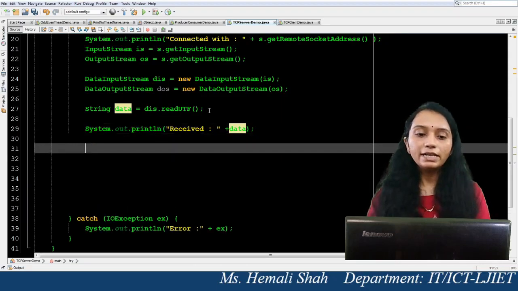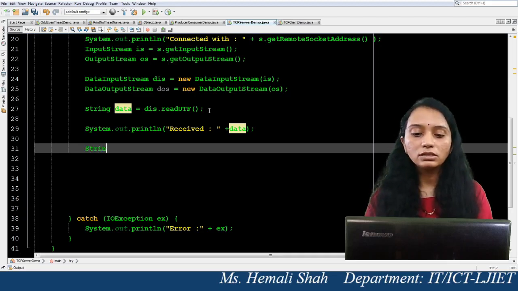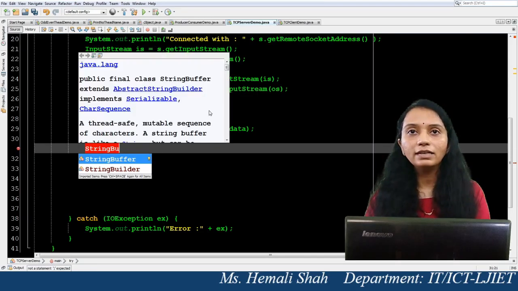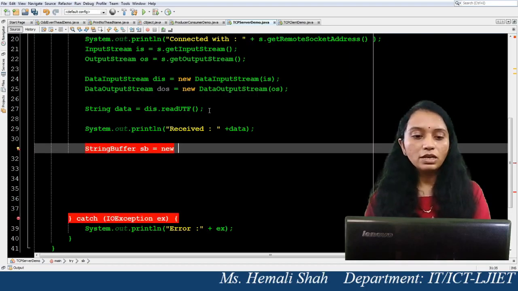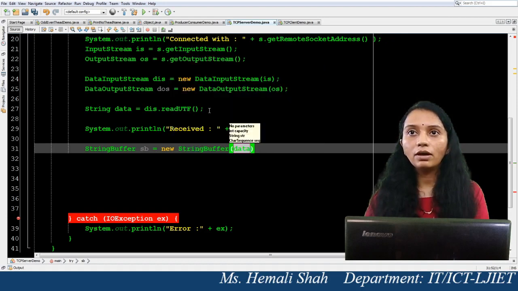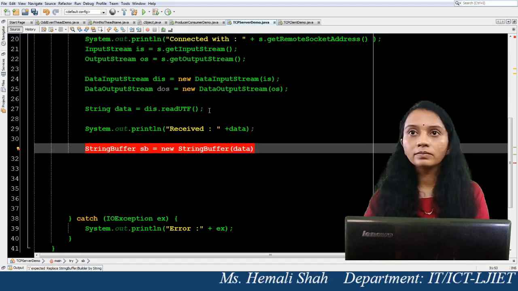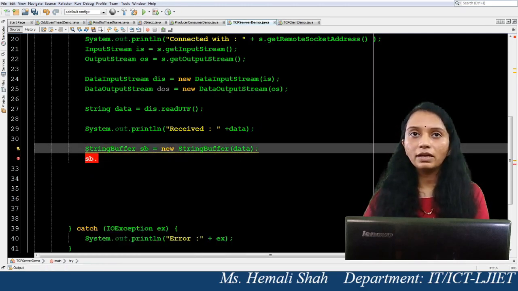Now after reading the data you just need to convert it into uppercase, right? So how to convert this data? You can use the StringBuffer class, or you can write your own logic to convert this string into uppercase. So here I am using the StringBuffer class. I am converting my data string into a StringBuffer, and you can directly use the uppercase function.